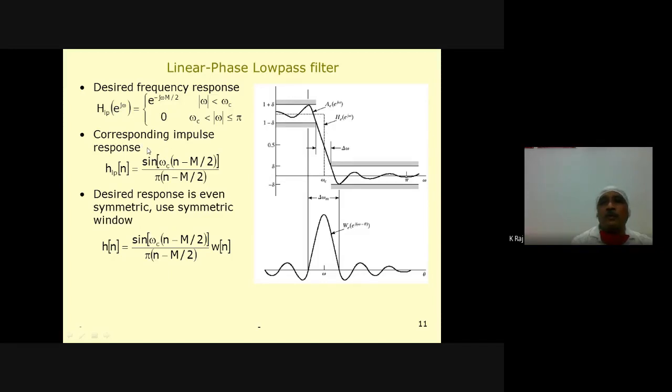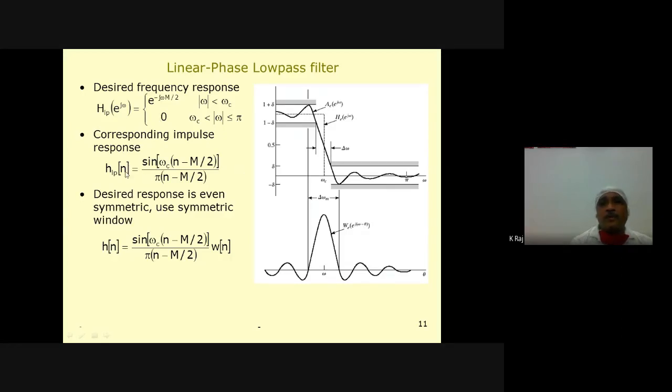Now what will be the impulse response corresponding to this one? If we see this, then again we will find, as we described in the case of filter design and analysis tools, that some ripples are allowed in the pass band and some ripples are allowed in the stop band, and there is a transition band, that is a gap between the pass band edge frequency and the stop band edge frequency, represented here by delta omega.